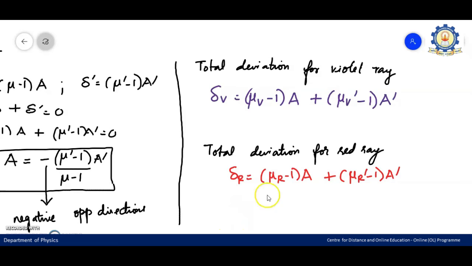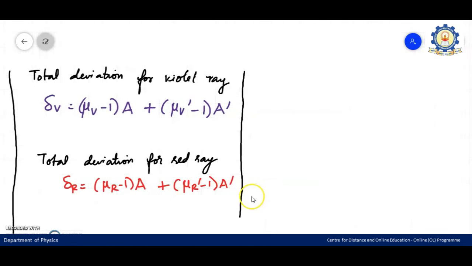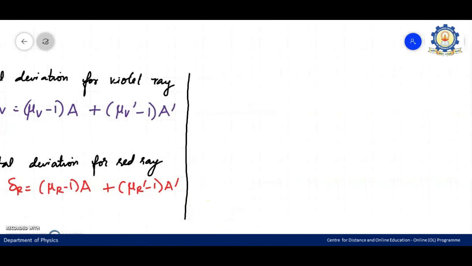Next we are moving to the dispersion. We are going to check the total dispersion with the help of this expression. So after writing this expression, let's see what is the expression for angular dispersion. Earlier we know what is angular dispersion? Angular dispersion is nothing but the difference between the deviation of the two extreme colors. So we have written the expression for delta V and what about delta R? So both the equations we have got.